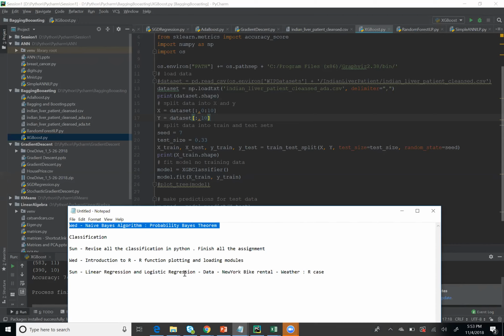R is a very simple language to learn, it's very easy. It's not super complex. It's like MATLAB. If you know how to use MATLAB, R is very straightforward. It's exactly like MATLAB. I don't know how many of you know how to use MATLAB, but